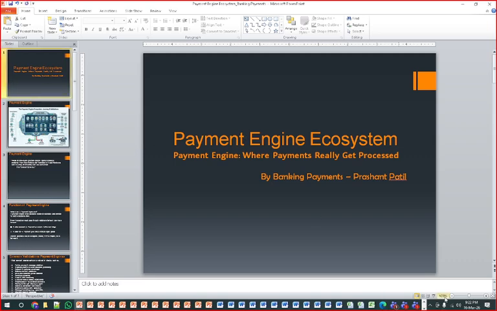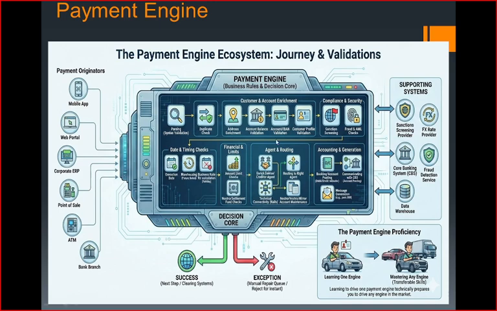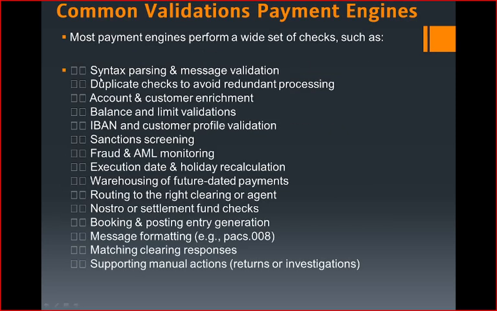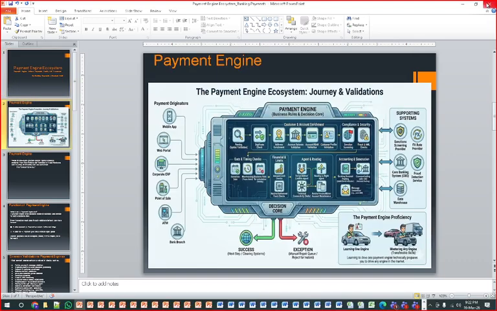When we are going to work on the payment engine, we will see exactly how the payment engine works. There is a detailed area of the payment engine, which is the core system. The rules and regulations, which things we are checking, which things not: stock cancellation, fraud, AML monitoring. Whatever is mentioned in this diagram, everything is happening in a payment. You must have heard that different banks have different payment engines, like FlexCube, and we have one more product from TCS as well, I forgot the name now. How those products work inside the payment engine, we are going to take knowledge of that as well, how it looks.